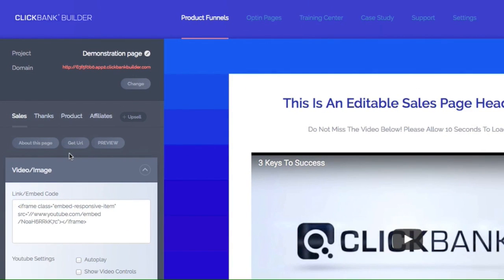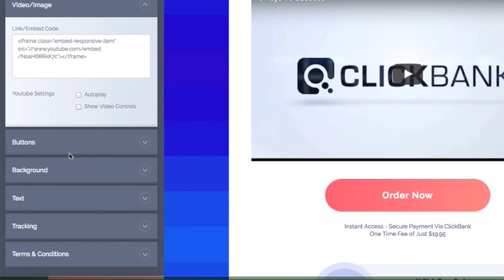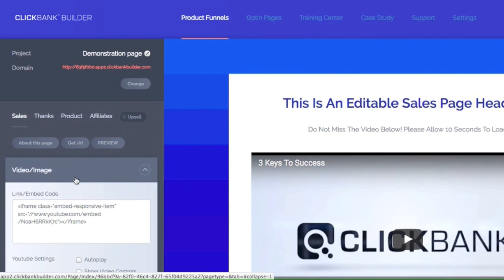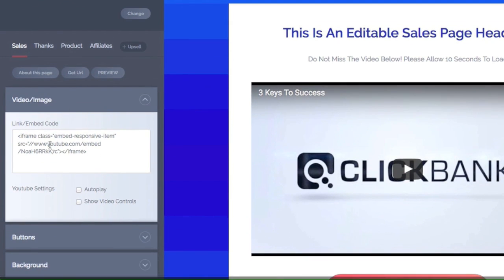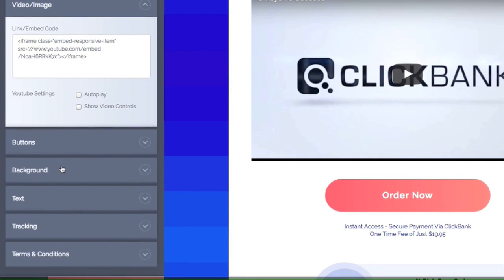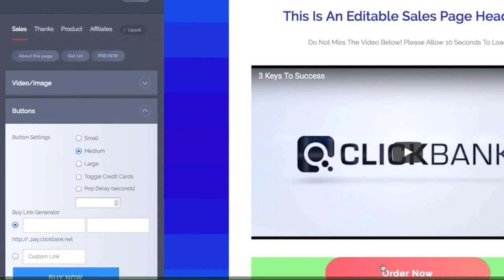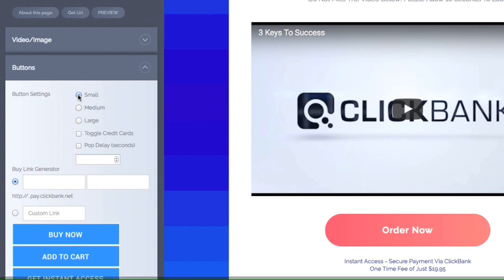So if you're new to designing a website, this will probably be fairly easy for you to grasp, particularly if you watch the training videos. However, the design options are very restrictive and limiting. There's just this one video here, and then you've got the choice of buy buttons or other types of buttons. You can select the size of the button,